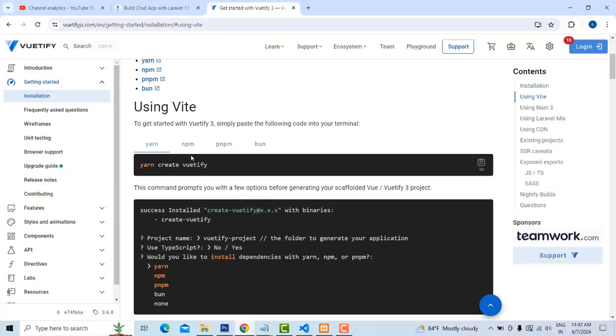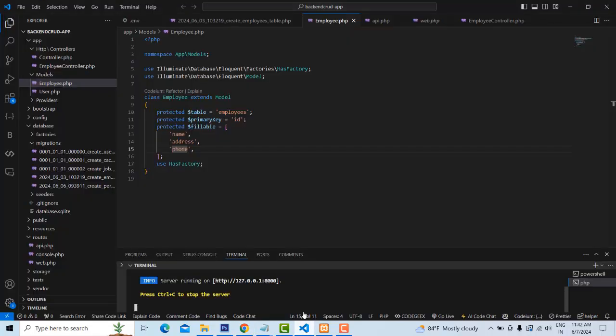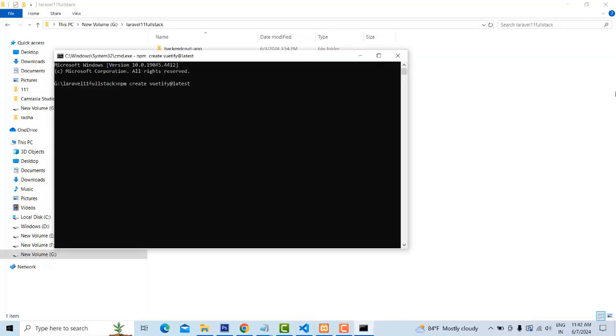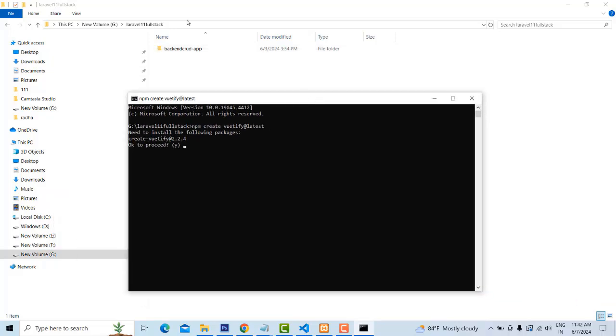Now, how to install: they guide you. Click on npm and copy. Now I am going to go to cmd, right click. First you have to configure the latest Vuetify version. You have to install Vuetify on your machine. We have a backend folder, so I am going to run create vuetify latest. It asks for the project name. I am going to give Frontend